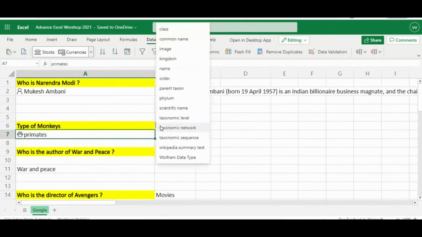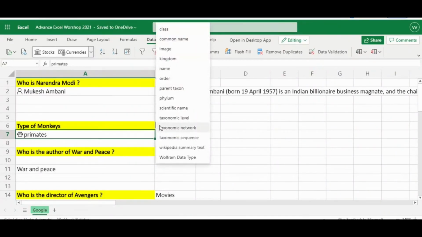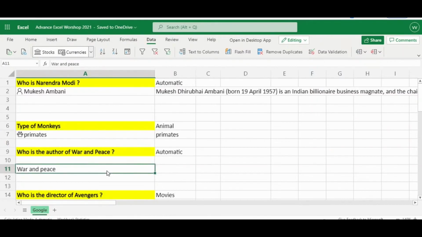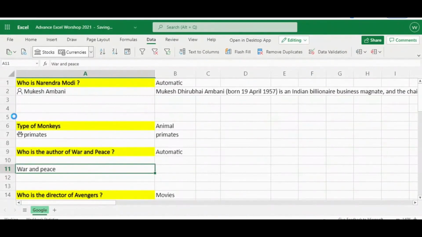and I can find all type of data. What is the name of this type of monkeys, or I can find their images, scientific name. This is an excellent feature, friends. Not only just animals and all, we can even find the author names of the books. Books के जो authors होते हैं उनके नाम भी पता चल सकते हैं. So there is a very famous book called War and Peace. Okay, so over here again I'll be using the automatic function of data type. In data type में जाके मैं automatic use करने वाला हूँ War and Peace.